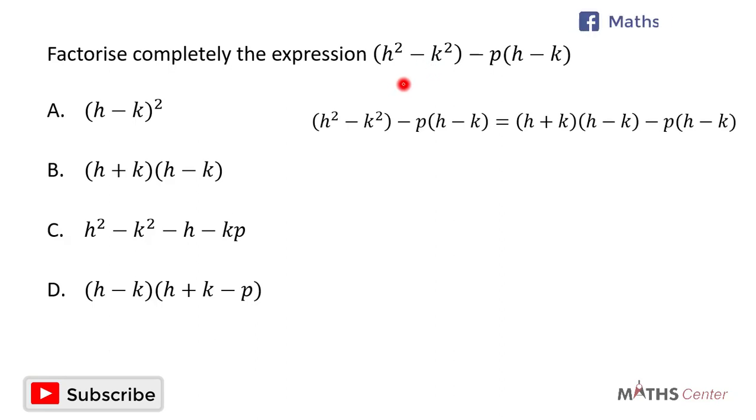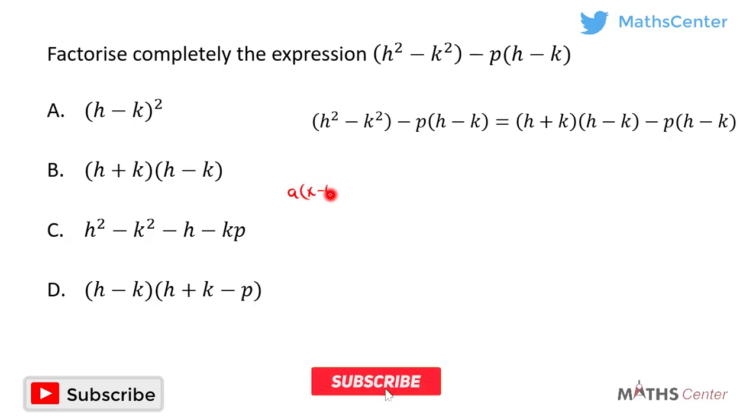From algebra, we know that we can factorize it as h plus k in one bracket, then h minus k in another bracket. So our expression is now h plus k times h minus k minus p times h minus k. From algebra, we know that if we have an expression like a times x minus b minus c times